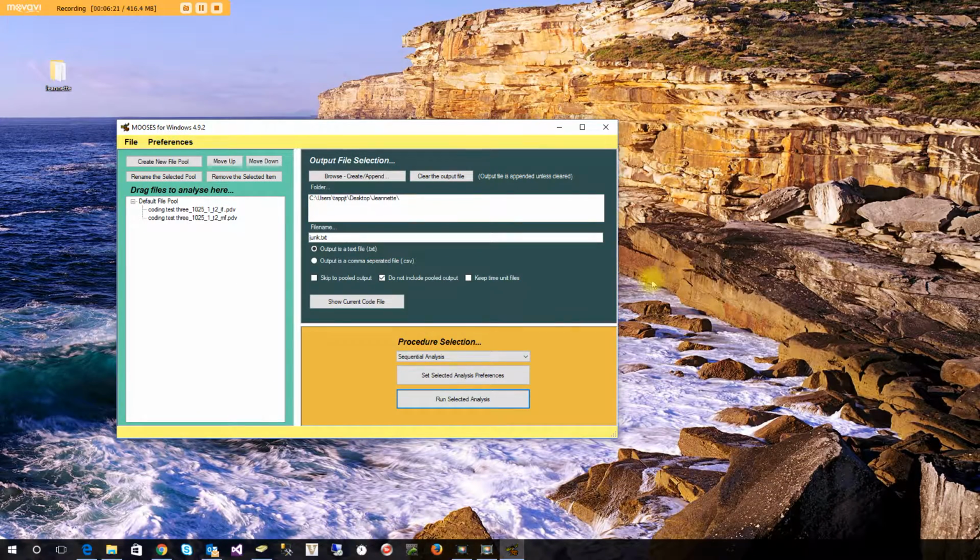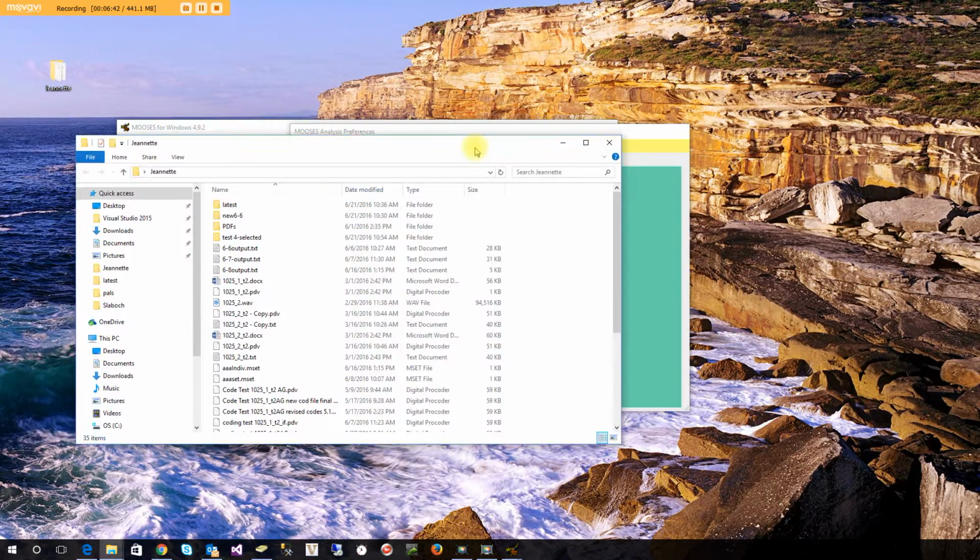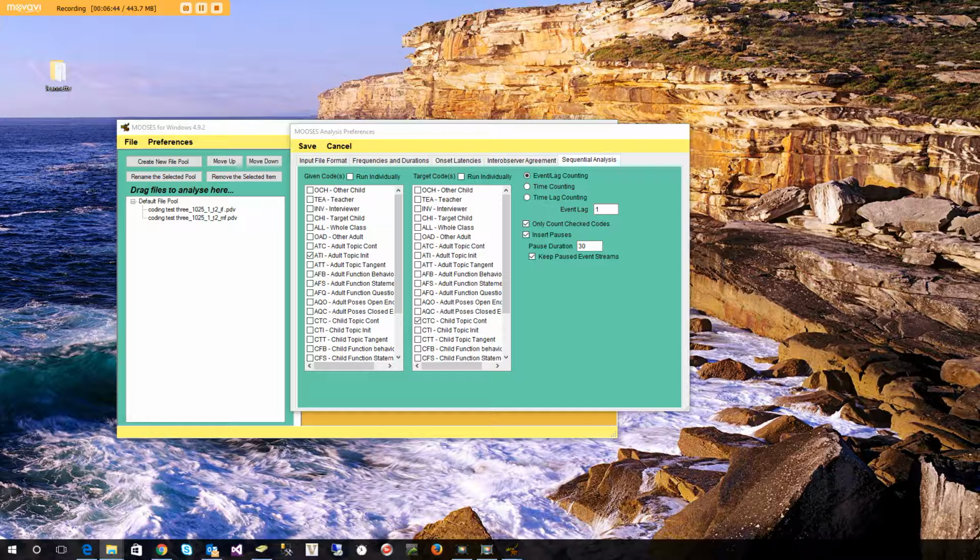But that's how you run it. That's how you'd set it up. Again, let's look at the preferences. We want only the check codes. We want to insert pauses. We want a pause duration that's reasonable for your research question. And let's look at the paused event streams real quick. They're in the folder here. And I'll pull them up